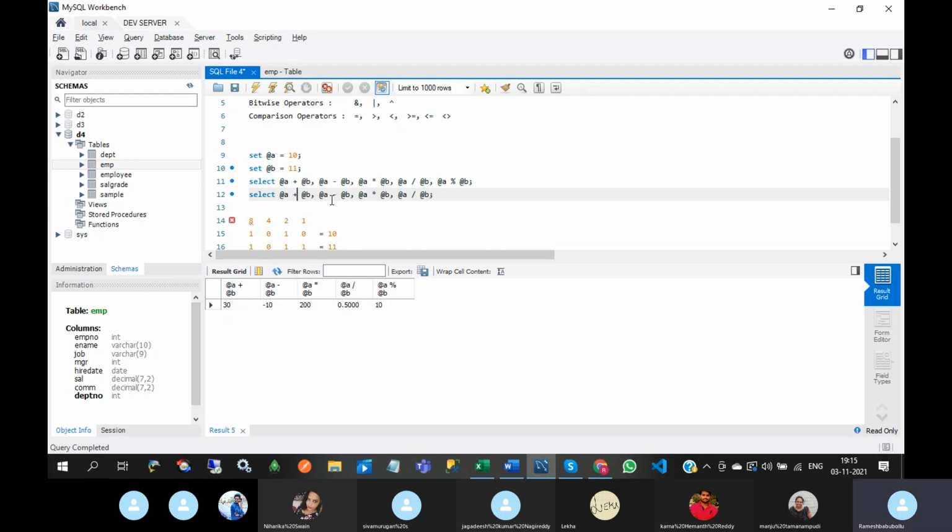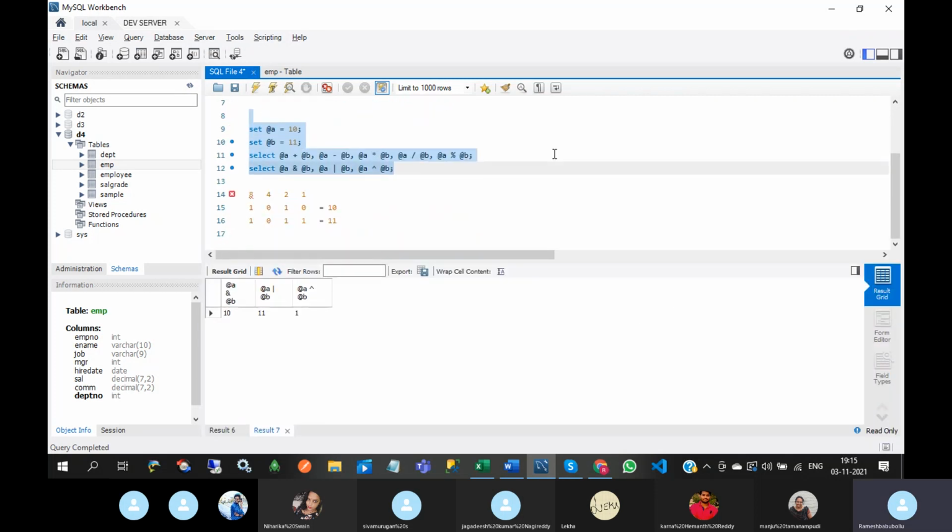So bitwise operator, this is AND operator, this is OR operator, this is exclusive OR operator. See this. So A and B, we will get 10.